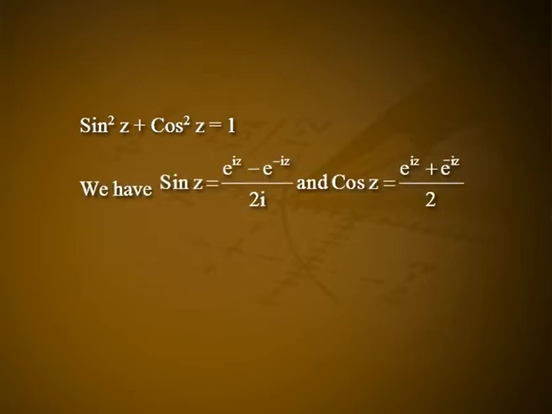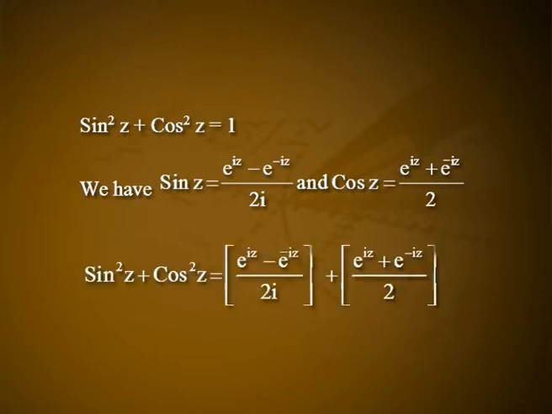We have sin z = (e^(iz) - e^(-iz))/2i, and cos z = (e^(iz) + e^(-iz))/2. sin²z + cos²z = ((e^(iz) - e^(-iz))/2i)² + ((e^(iz) + e^(-iz))/2)², which is equal to